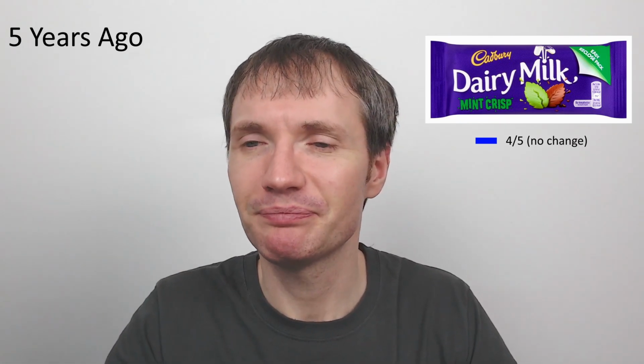So the last one we had was Cadbury's Dairy Milk Mint Crisps. This is the other Irish one. You probably get it in other supermarkets, but I've only seen it, that I can remember anyway, in Sainsbury's and Asda. It was really nice, this one. I gave this a 4 out of 5, and I think they did release a